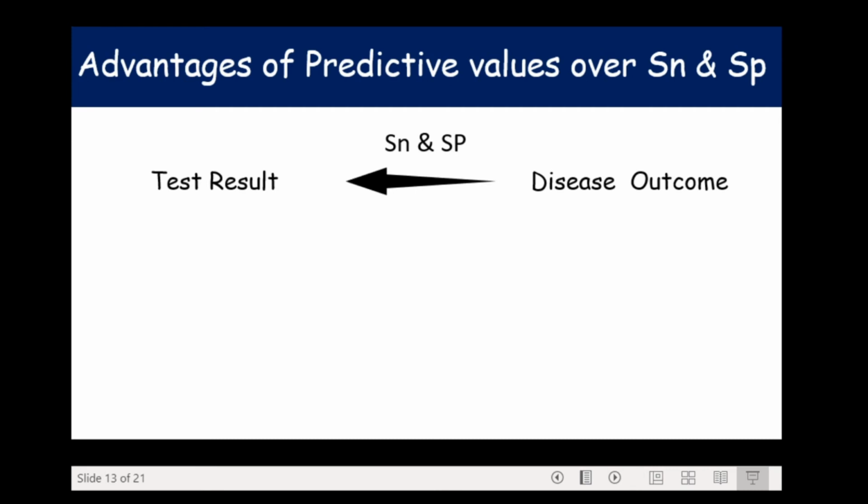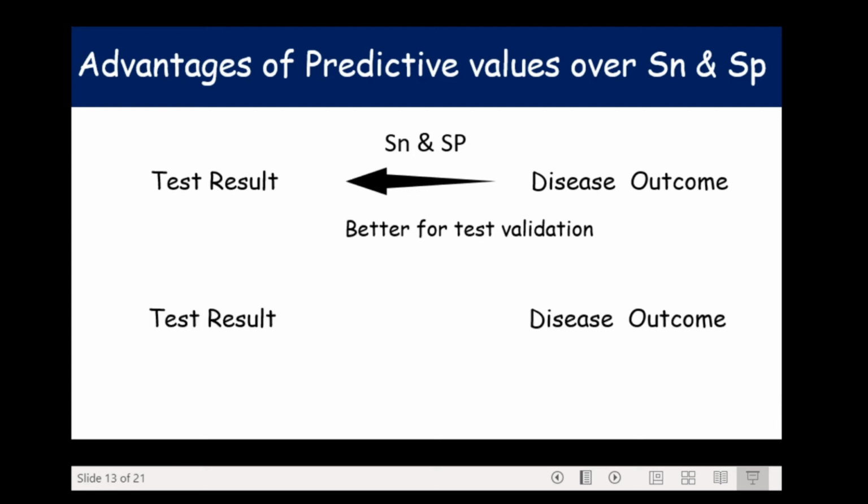specificity measures move in a direction from disease towards the test, thereby limiting their utility for the individual patient. But in clinical practice, the test result is all that we know, and both doctor as well as patient are only keen to know how good the given test is in predicting the patient's underlying illness. In a clinical setting, the whole point of the diagnostic test is to reach some diagnosis. But sensitivity and specificity actually do not give this information.